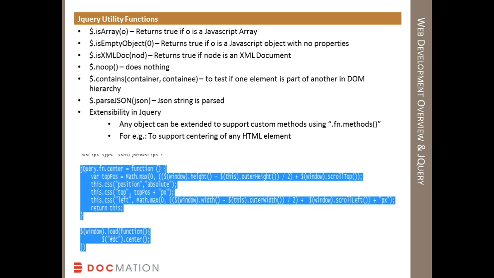One last thing that I would like to cover is that jQuery has some utility functions. If you have a particular object, you can check whether it is an array or not, if it is an empty object, or if the returned text is XML or not. Parse JSON converts a regular string into a JSON object. Besides these utility functions, it also provides you with the ability to